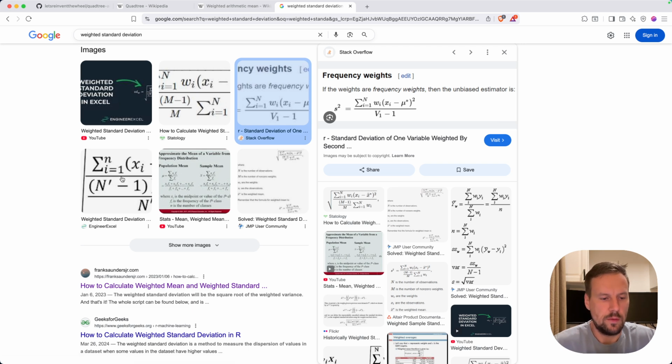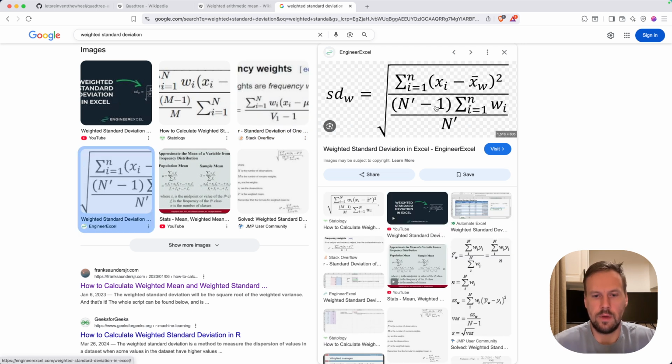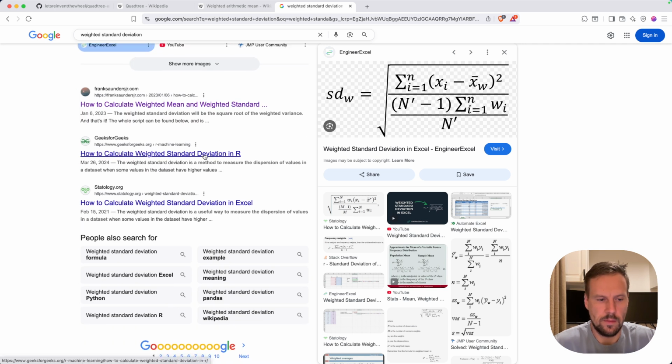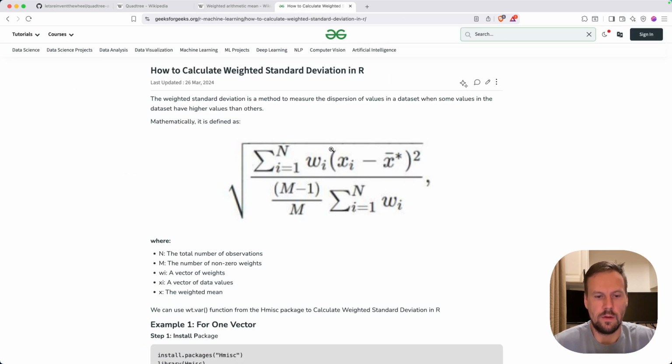This is square root. Alright, this is the formula I was looking for. Or maybe not. Yeah, this is it. So what we need to do is sum up the counters